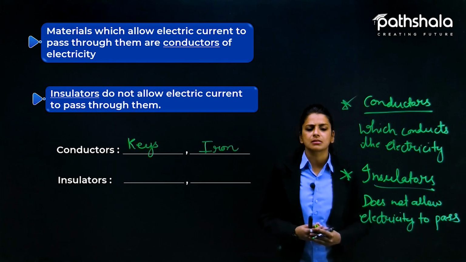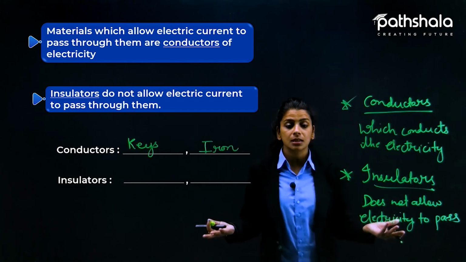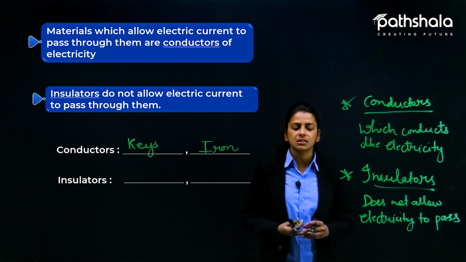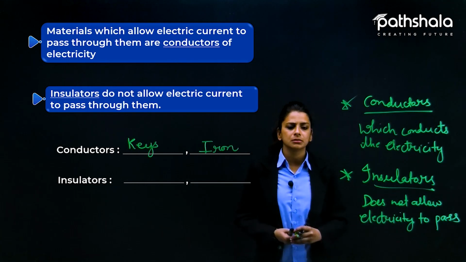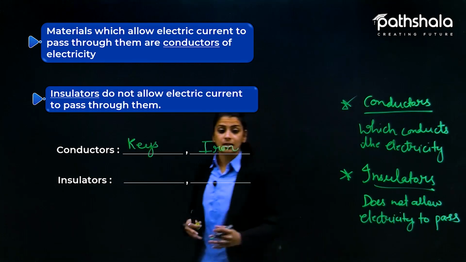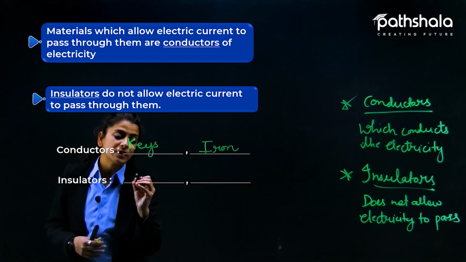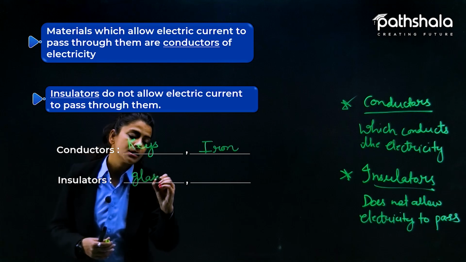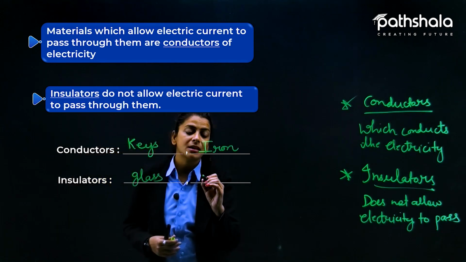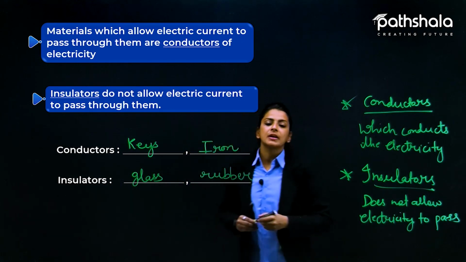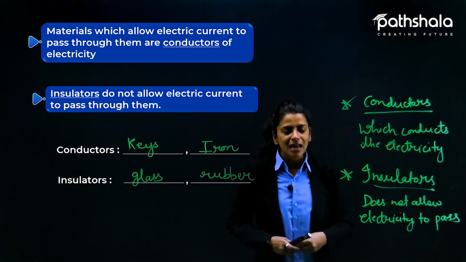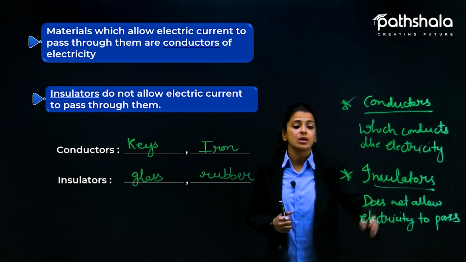Now coming to insulators, जिनके थ्रू इलेक्ट्रिसिटी पास की ही नहीं थी. तो first example we have seen of, let's say glass से electricity pass नहीं की थी, and rubber से भी electricity pass नहीं करती. So here the example of insulator will come as glass and second one will come as rubber. Yes, so these are the two examples of conductors and insulators, and as you know that these two terms